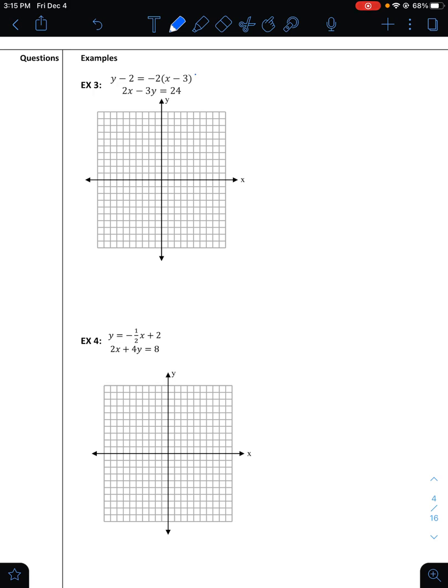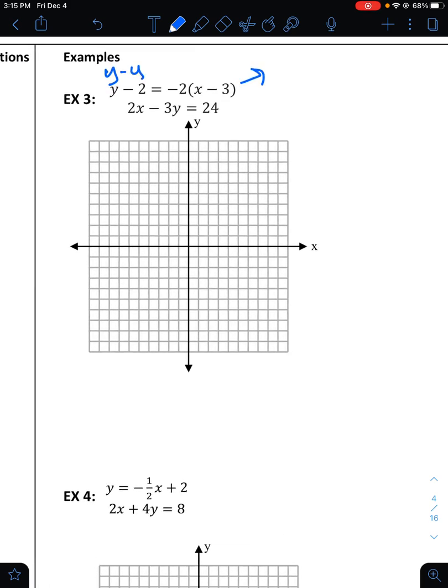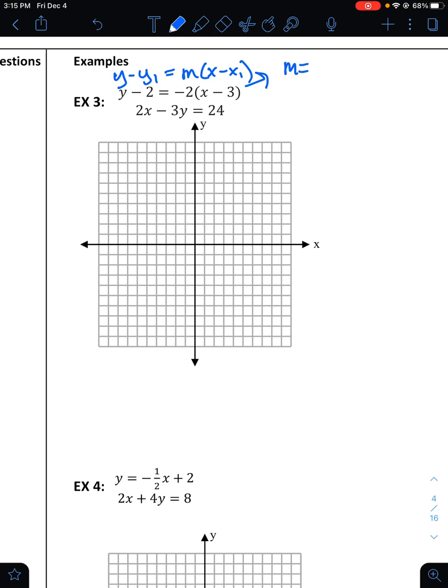Okay, this first one is in point slope form. Remember, it's in that y minus y1 equals m times x minus x1. So I actually can use that to graph it. So I can see the m is -2, and then I need a point. And so the point is going to be the x1, y1. So the x1 is 3, and the y1 is 2. So I can plot the point 3, 2,